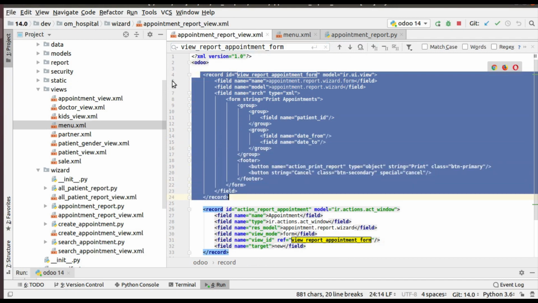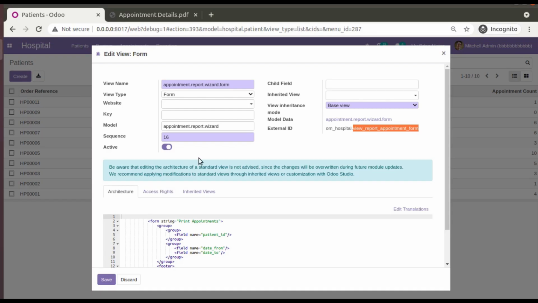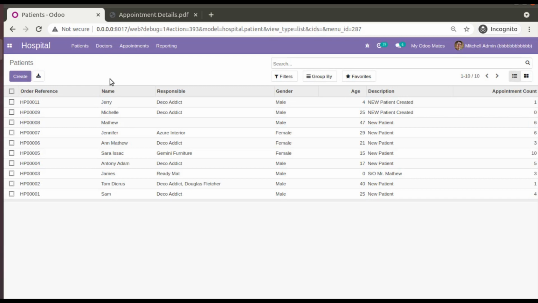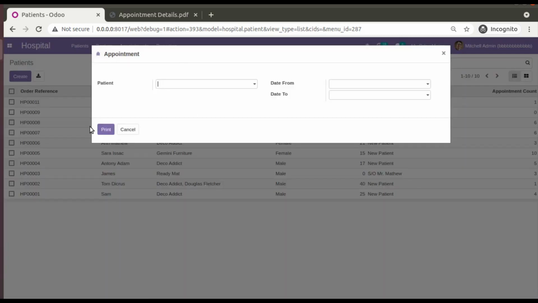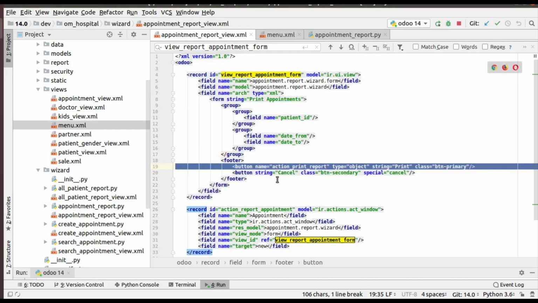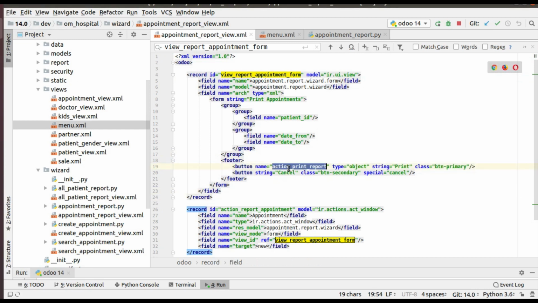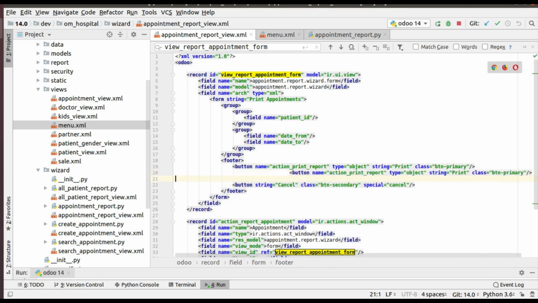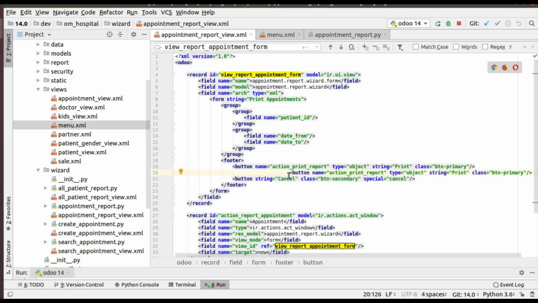What I'll do is add a new button here. Right now we have a button that generates the PDF. After that I'll add another button called print Excel. So let's add that. Here I have the button. I'll click on Control D. This is the existing button. I'll copy that and paste it here. So I have added another button.